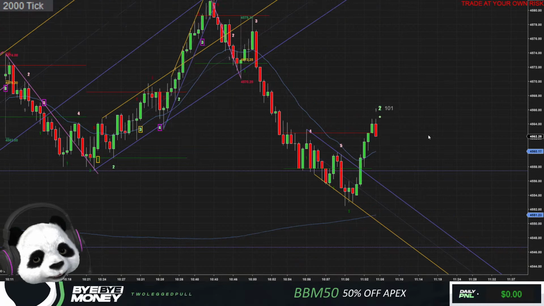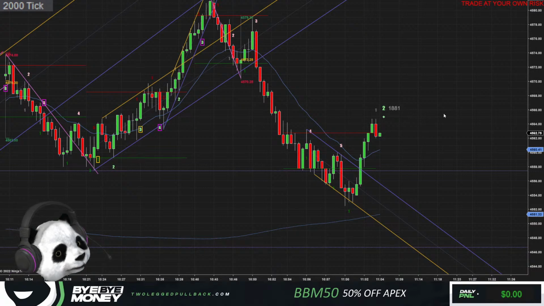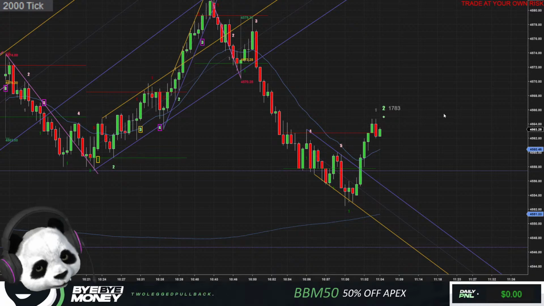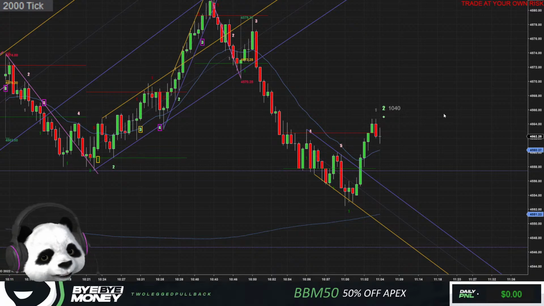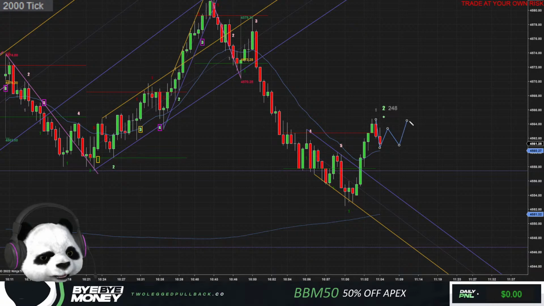Actually, this first break of trend. We need a new low here. Surprisingly, we're going to need a new low. And my only setup for a short trade at this point will most likely be a failed trap to the long side. Unfortunately, it's going to be hard to come by.